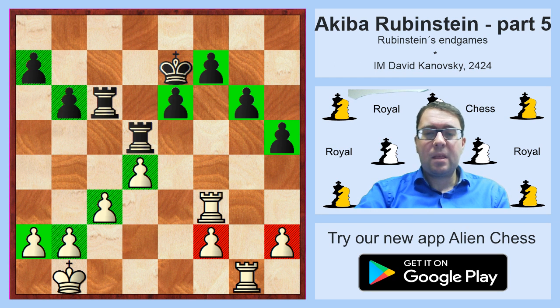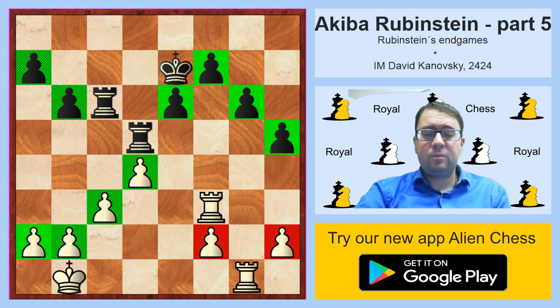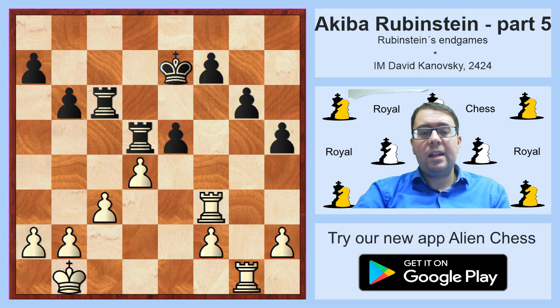and Rubinstein was aware of it, of course. And although it seems that black rooks are active, it seems they cannot go any farther into white's position. After a very strong move by Rubinstein, which is e5 in here, it is clear that black is making a very nice way for both of his rooks, because after